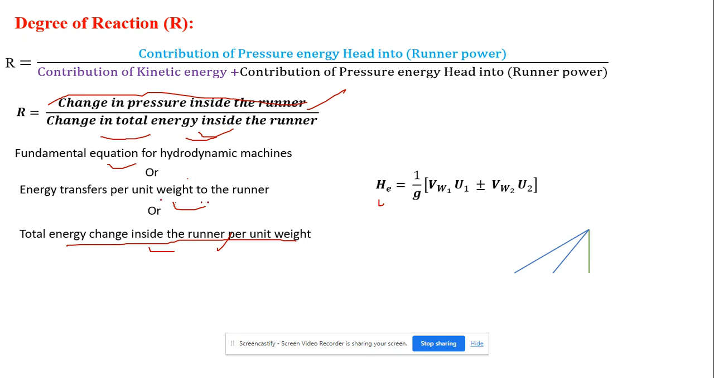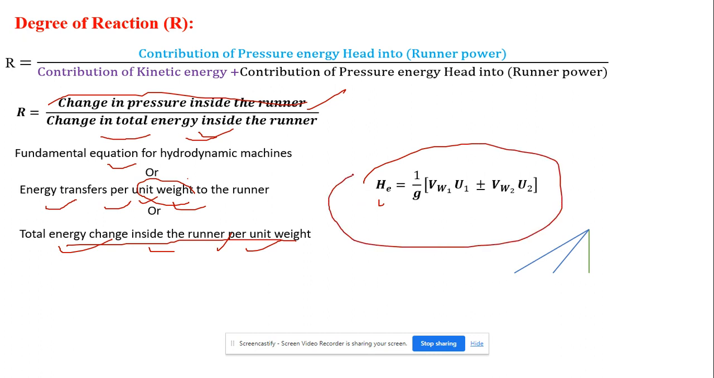What is unit weight? Unit weight means mg, mass into gravity, the unit weight of the water. Energy transfer per unit weight of the water, or total energy change inside the runner per unit weight of the water. One of the important equations is HE equals 1 by g, Vw1 U1 plus or